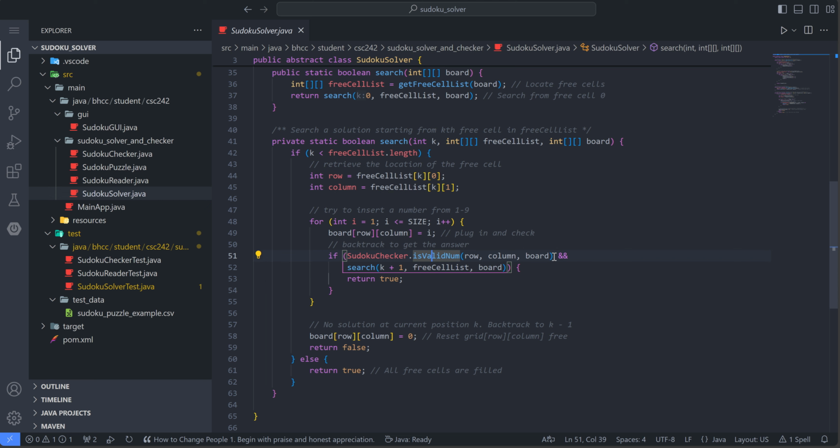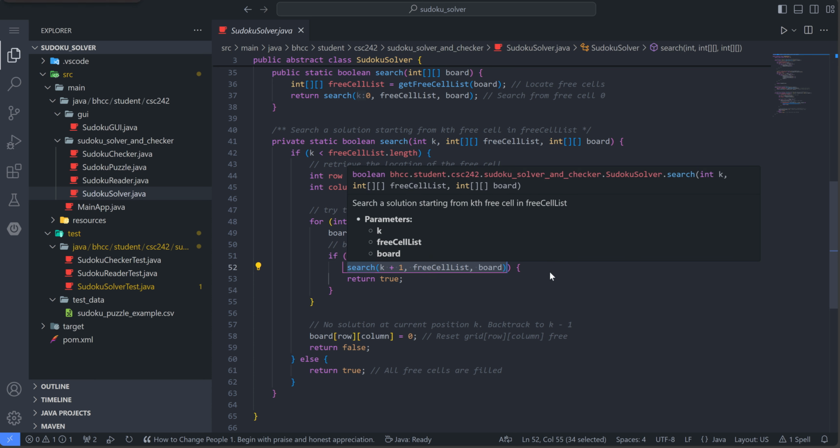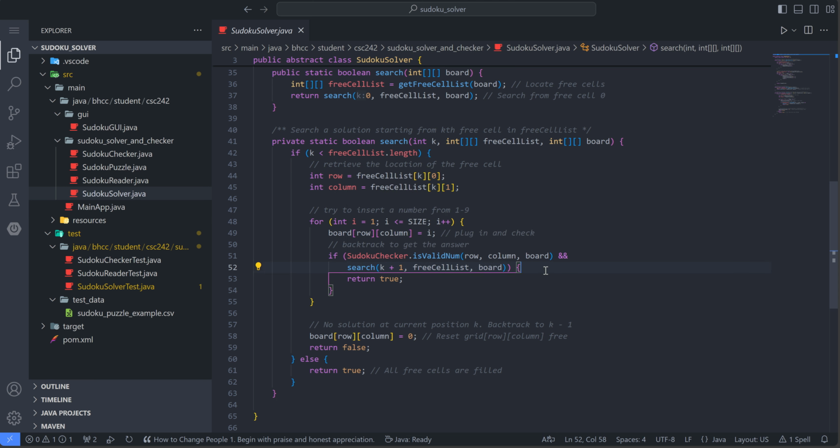If this one returns true, then it will continue to check this one, search k plus 1, move to the next position, and then go on to do this, to call itself step by step, and then